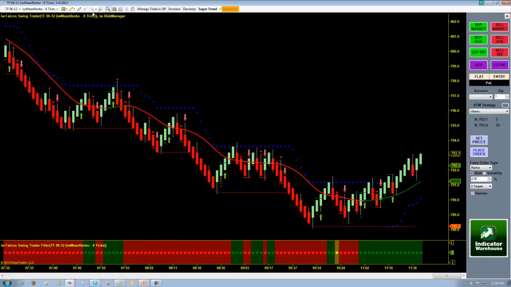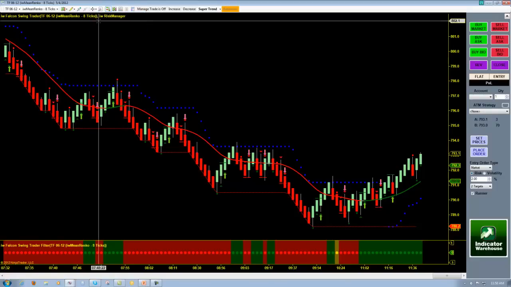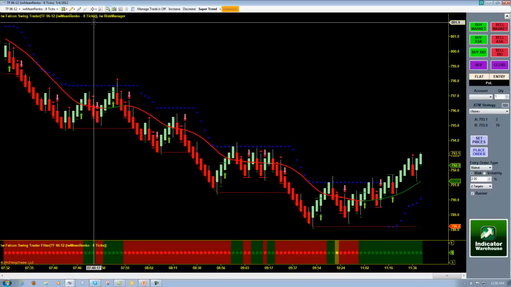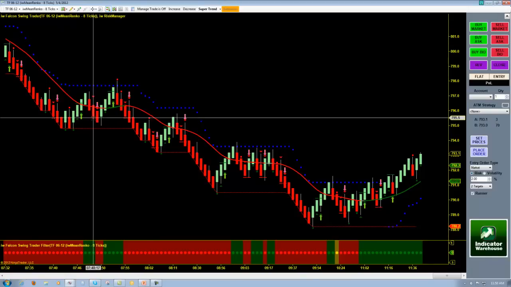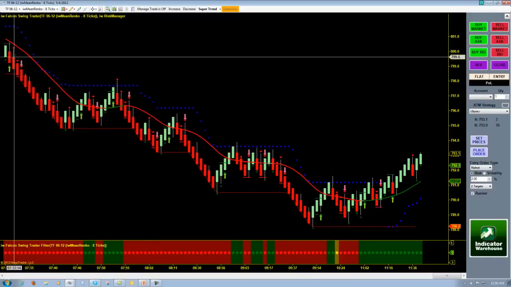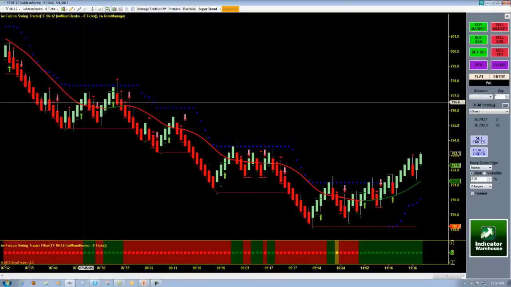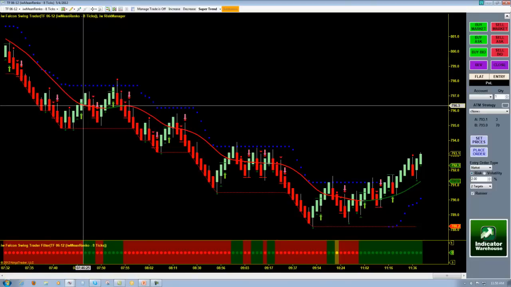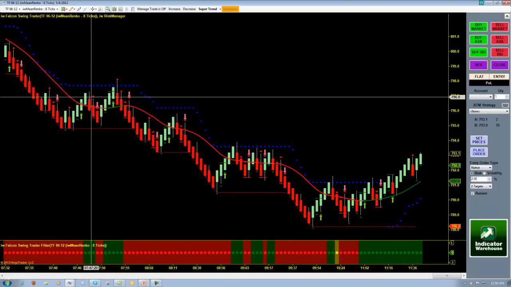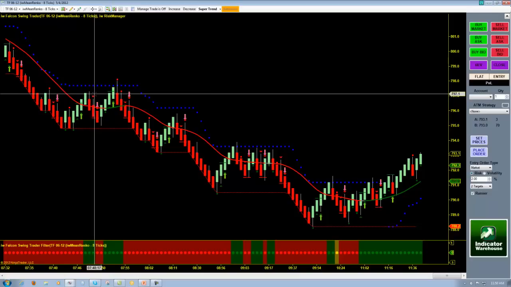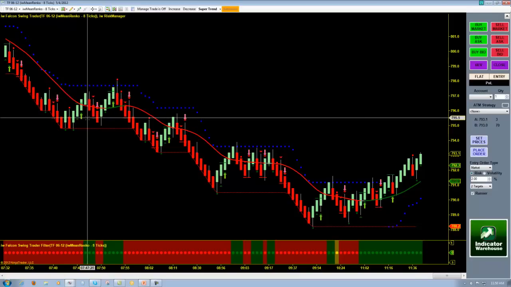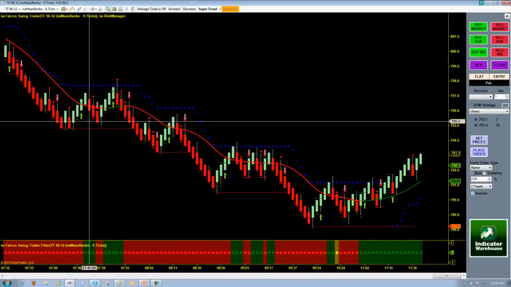So what we get here, though, is you're going to see that we do get this trade set up right here. Now, ideally, we're looking for price to pass down, pull back, and at least touch our Falcon swing line. We look for a red warning dot and/or a red entry triangle and a red hash mark. Well, this looks like a pretty good setup to me, right? Well, I'll tell you what kept me out of this trade.